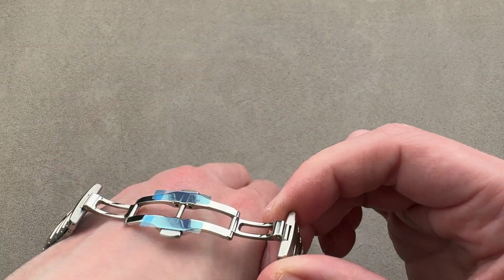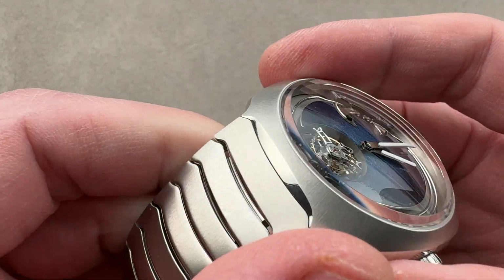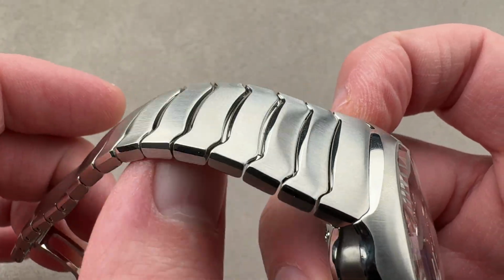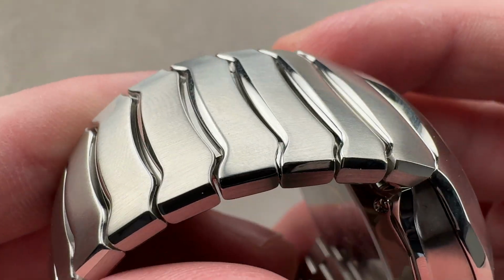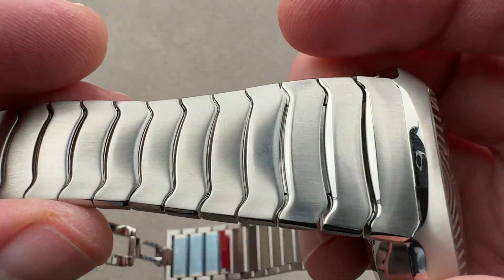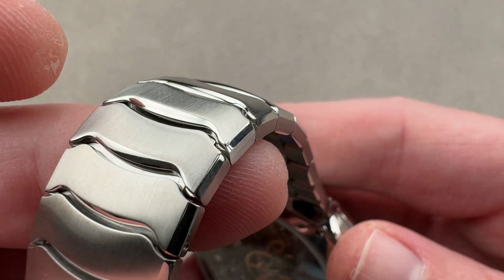Of course, the 2024 launch, showing how far Moser's come with both its minute repeaters and its Streamliner sports watch series. You can see the bracelet's nicely made, almost like the links in the back of some sort of prehistoric sea creature or some sort of armored animal. You can see the links are joined internally and that there's no daylight showing between them from the bottom. The tolerances are incredibly tight, and you can see that they've been internally satinated and polished, which shows extraordinary attention